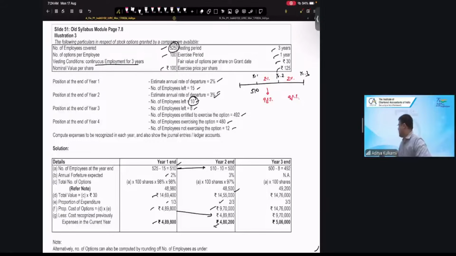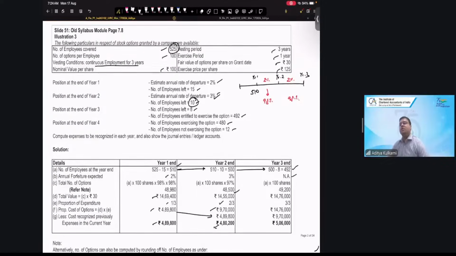Now, moving to the last year, number of employees left is 8. So 500 minus 8, 492. Now, no question of forfeiture. This is the last. So 492 into 100, 49,200. So 14 lakh 76,000 is your total expenditure, out of which you have booked 9 lakh 70,000. Therefore, last year you will recognize 5 lakh 6,000. Is it okay? Yes,